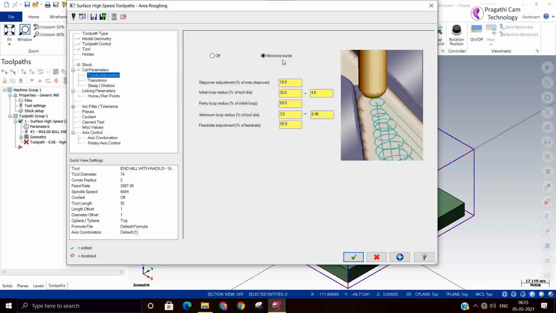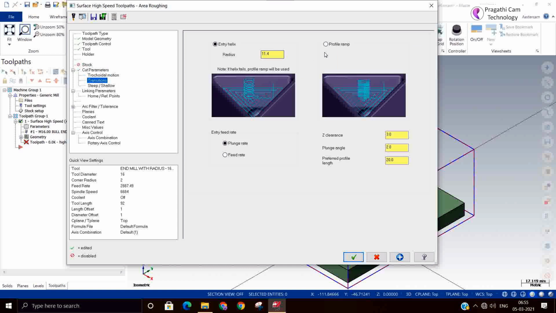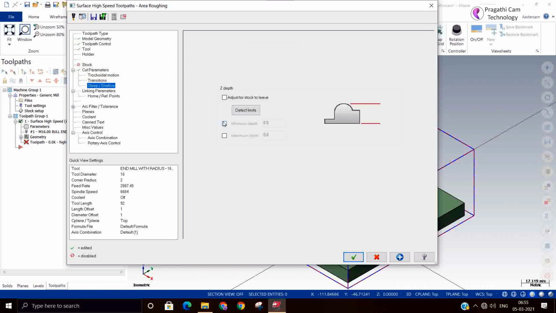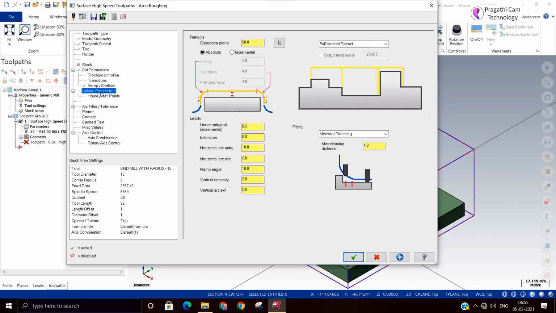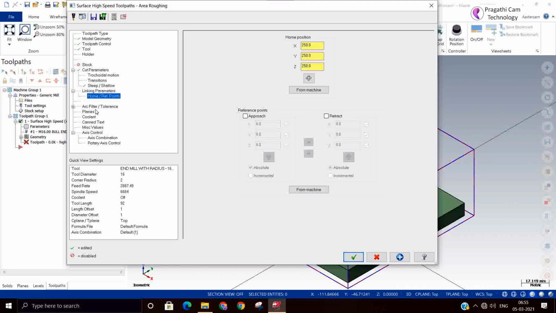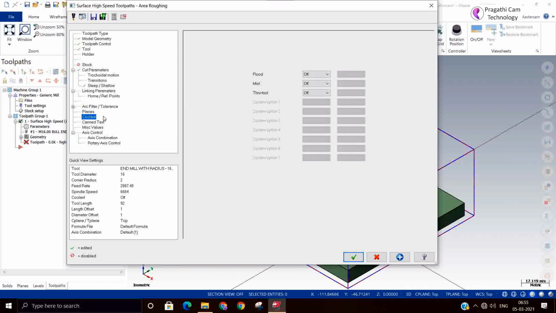How you want the motion, whether it's trochoidal or transition, either profile ramping or helical ramping. If you want a depth, you can add it. The parameters are similar to the previous one, and we are switching on the coolant.